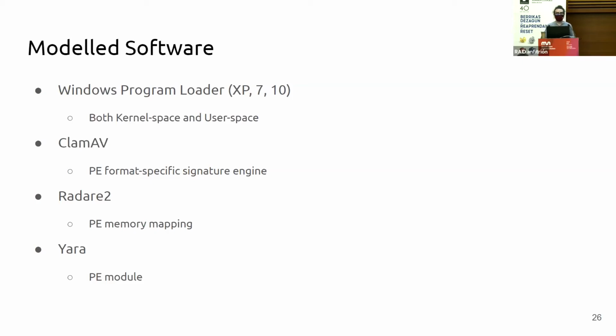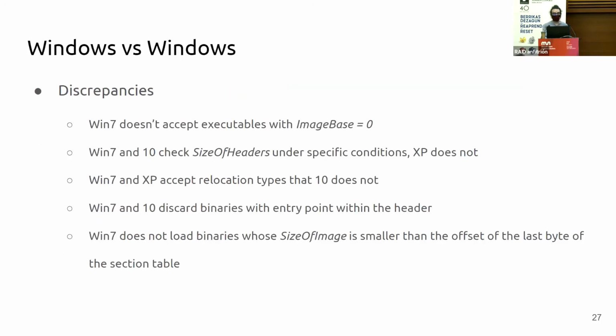We modeled the PE file format specific signature engine of ClamAV and the memory mapping operation of Radare2 and the PE module of angr. So we found discrepancies even between different versions of Windows. Now I don't have the time to explain all 5 of them. We'll just focus on one, the one that I like the most, which is that